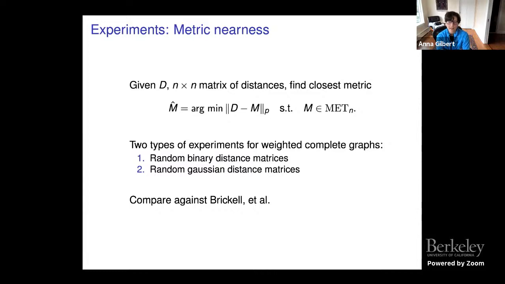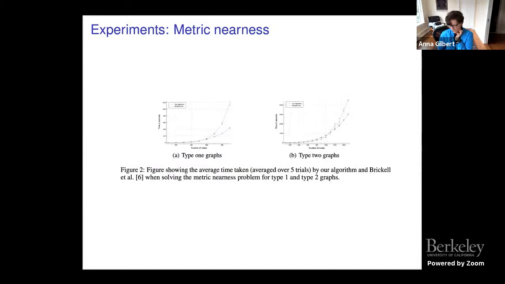They came up with a couple of different methods for solving this problem for p equals 2, I believe, and also I think p equals 1. The important part is that they did 2 kinds of experiments for weighted complete graphs. They took random binary distance matrices and random Gaussian distance matrices, and then tried to find the closest metric to those random matrices. And so, just for the sake of comparison,